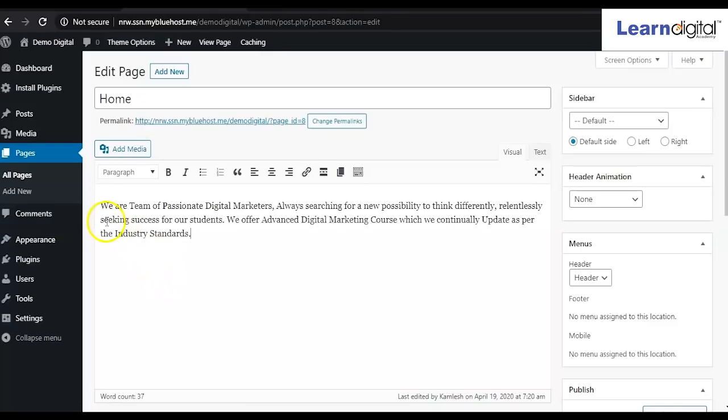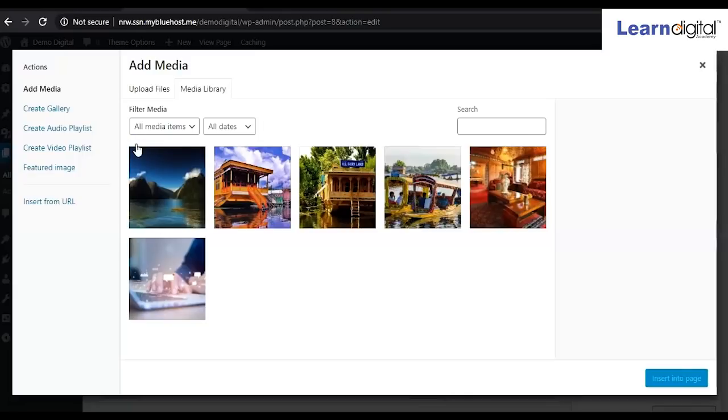fine, and I'll be selecting one image. After this I want to show some image, so I'll click on the media option. As I told you at the start, whatever images you take will come to your media library, right? So next time if you want to use that image, simply you can select and insert it.